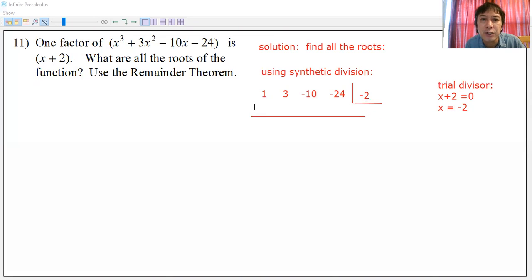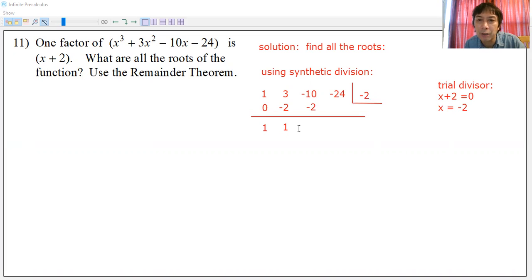First addition, it's a 0. Then here we have 1 plus 0, which is 1. Product of 1 and negative 2 is a negative 2. Okay, next addition is 3 and negative 2, it's a 1. Next multiplication is 1 and negative 2, it's another negative 2.